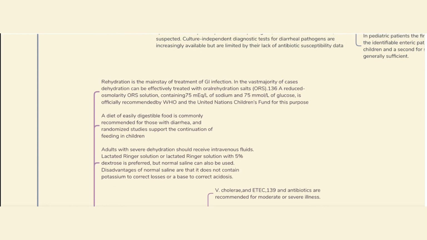Now we go into therapy. Rehydration is the mainstay. The biggest pathogenic factor in all of these infections is dehydration, where the patient loses a lot of fluids and these fluids need to be replenished. In the vast majority of cases, the infection can be treated only by oral rehydration salts. These are, by WHO guidelines, reduced osmolarity solutions that contain sodium, glucose, and a lot of the time can contain potassium. This is recommended by WHO,